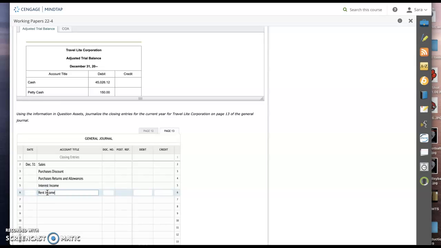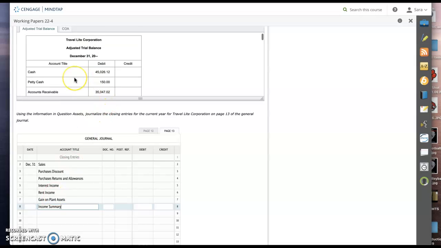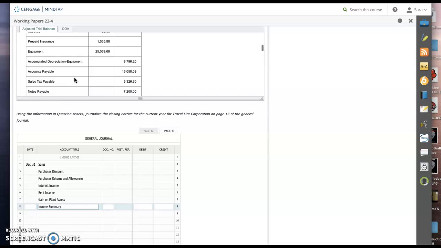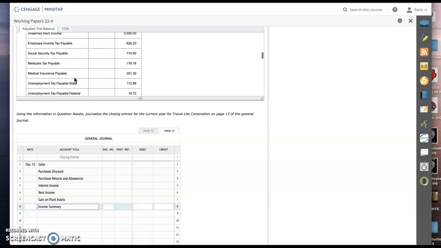Rent income. Gain on plant assets. And then our last one that goes with this will be income summary. And so then we will just look up here to plug in